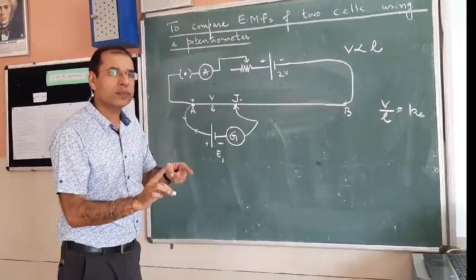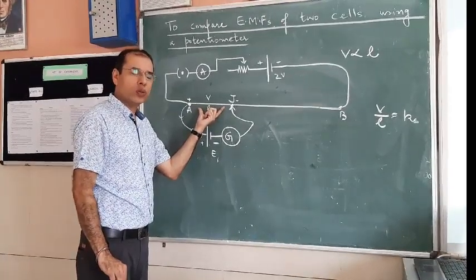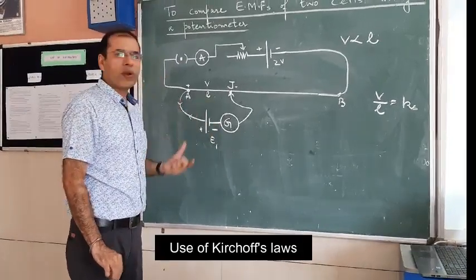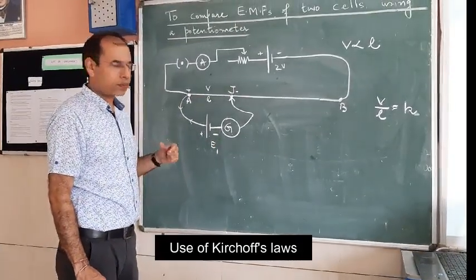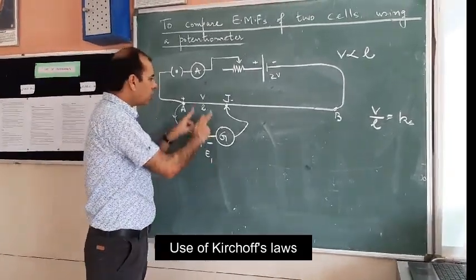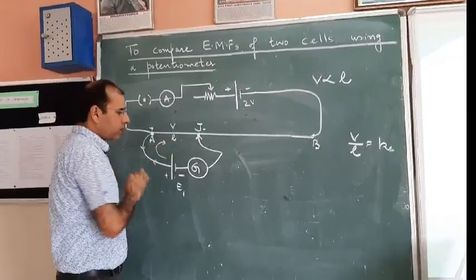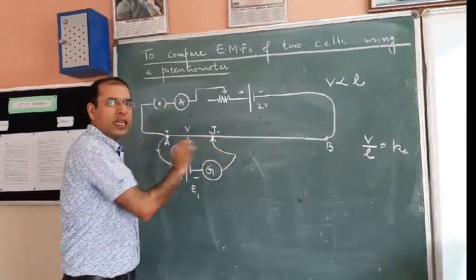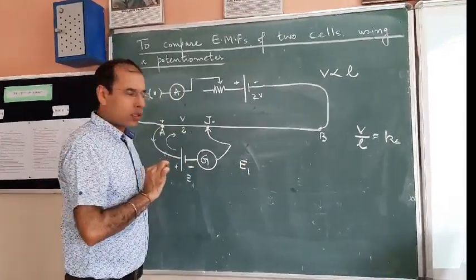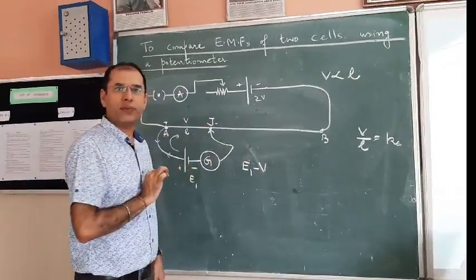So these two currents can cancel one another and make the net current 0. For that, the condition is that the potential difference supplied by this piece of wire is exactly equal to the potential difference supplied by this cell E1. Let us try to apply Kirchhoff's law on this circuit. The two sources are, one is E1, the other one is V. The two are sending currents in opposite directions. Let E1 be the cell which is sending the current in the desired direction, taken as positive. So E1 will be taken as positive. V is supplying current in the opposite direction, so it will be taken as negative.